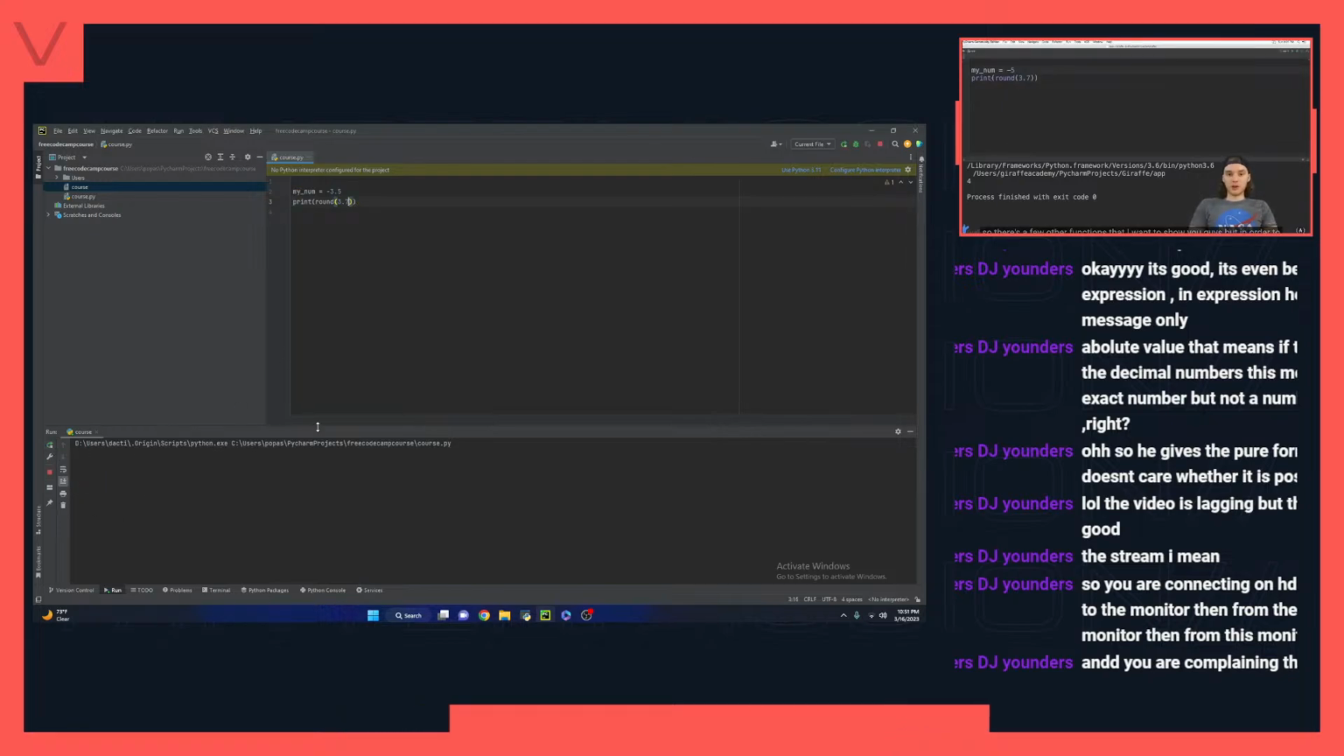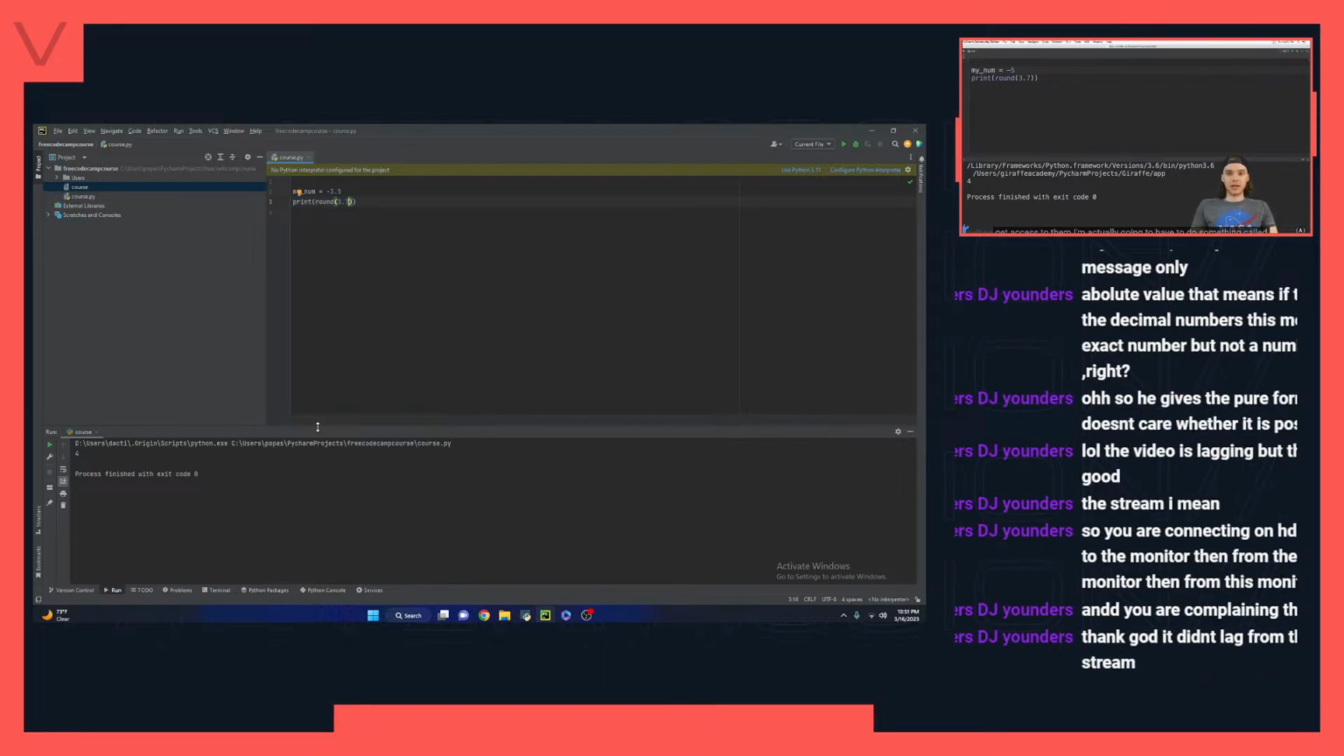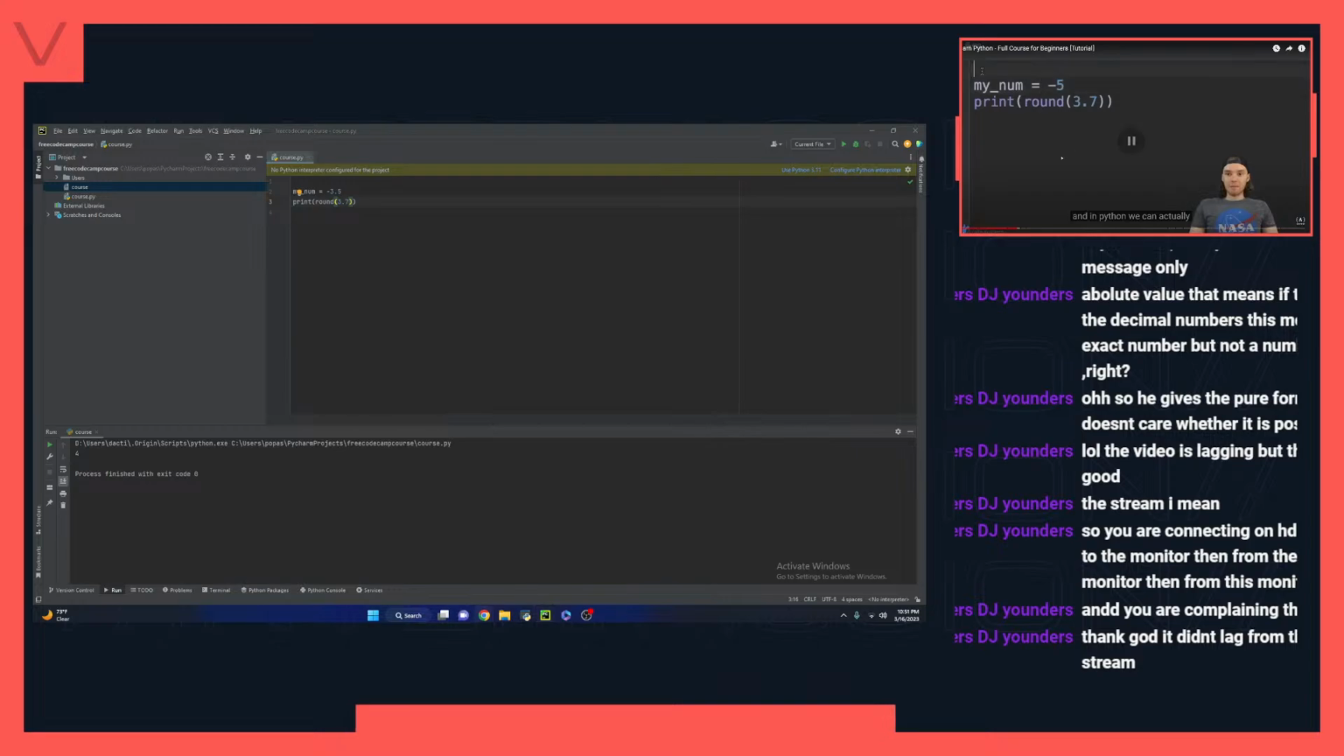So there are a few other functions that I want to show you guys, but in order to get access to them, I'm actually going to have to do something called importing. And thank God it didn't lag from the beginning of the stream. In Python, we can actually import external code into our files. And so if I want to access these specific math functions, I want to check real quick, because at some point we're going to create